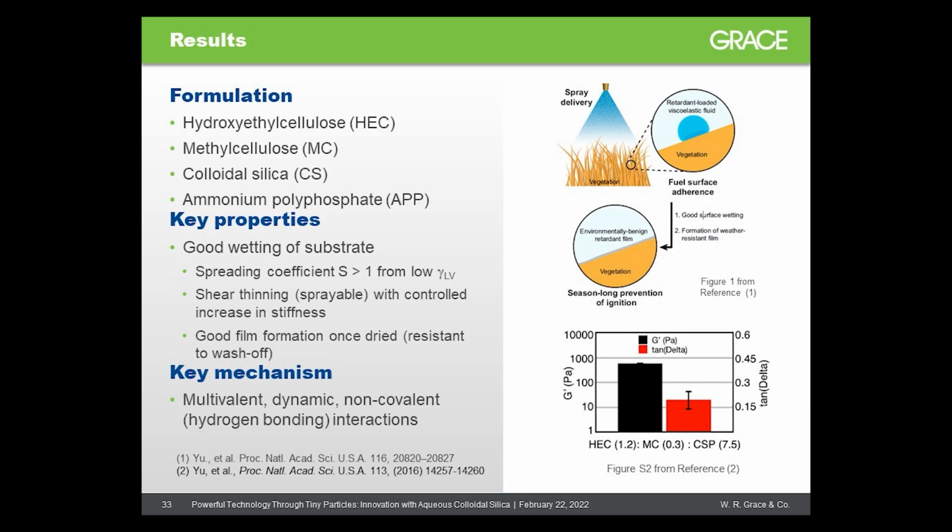Many mixtures of the cellulose and silica were evaluated in order to develop optimized formulations, and the hydrogels were evaluated for various properties, including viscoelastic and wetting behaviors. A matrix of high and low molecular weight celluloses were screened, along with a few different colloidal silicas. The ideal formulations showed good wetting performance on vegetation. That is, once applied to the substrate, the wetting coefficients were greater than 1, so that the droplets spread and